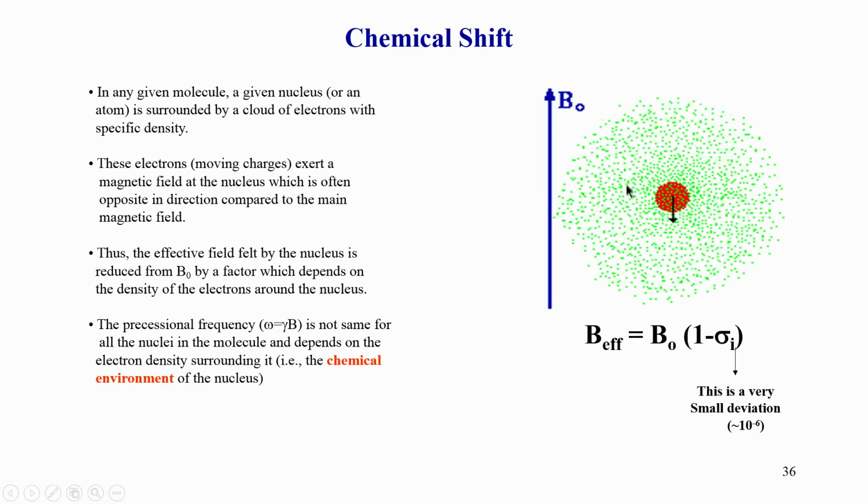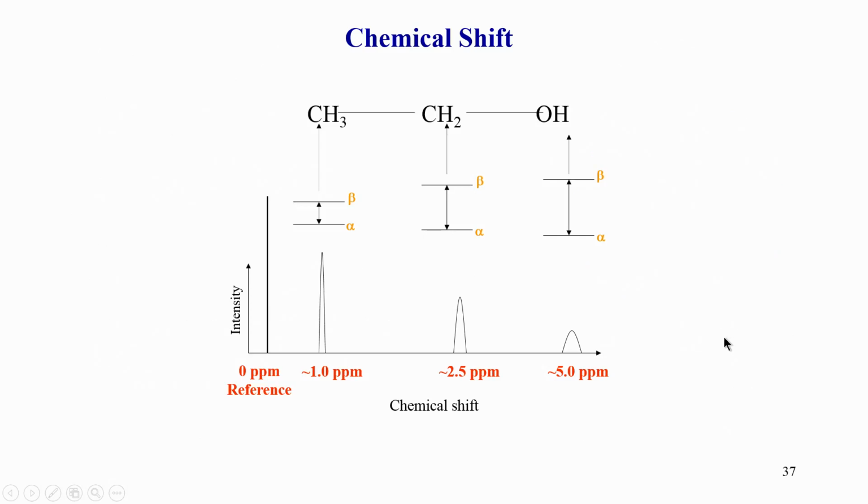We will see what determines the shielding, that is, how much the nucleus is shielded, as we go on. But now let us see how the chemical shift value, that is, how much this shielding value, is calculated based on these parameters. Now you can see here, again, remember this equation. We are looking at an effective magnetic field which is now different from the main magnetic field because of this factor. Now, this can be positive or negative. For the time being, we will assume sigma is positive, so this factor is smaller than 1. This is how the chemical shift effect is depicted here.